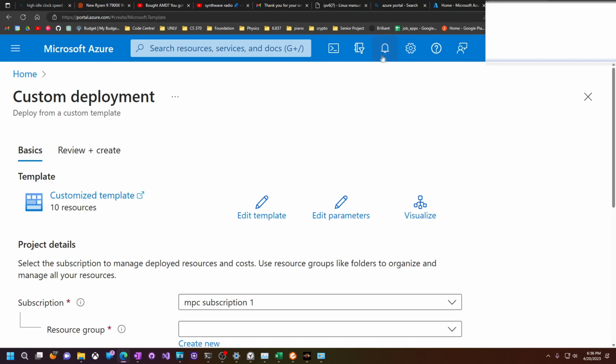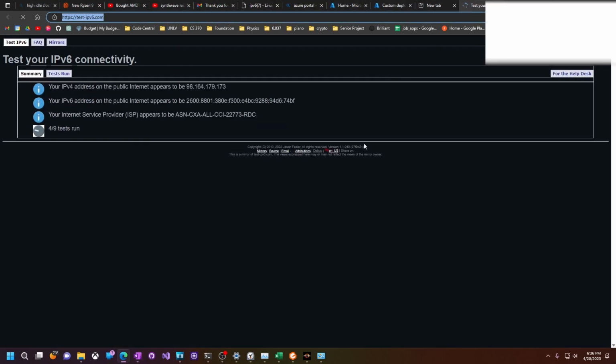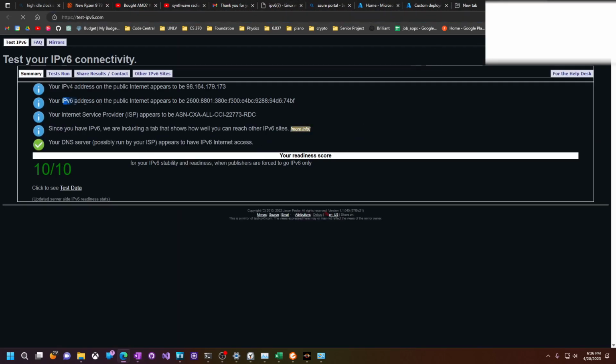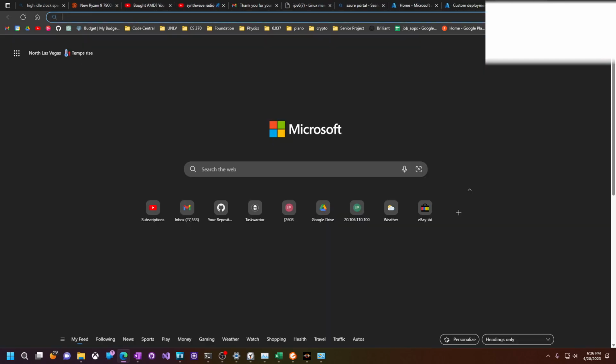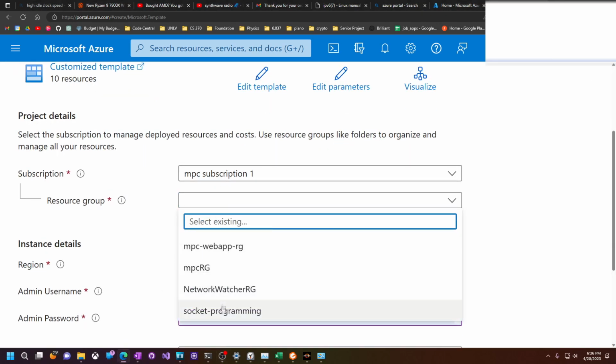Okay, and before we continue, I do want to just point out I am on a different computer now. And I can run IPv6, so we are good to go. We're all set for that, so let's close that back out. Okay, so we just need to pick a resource group. I'm going to select an